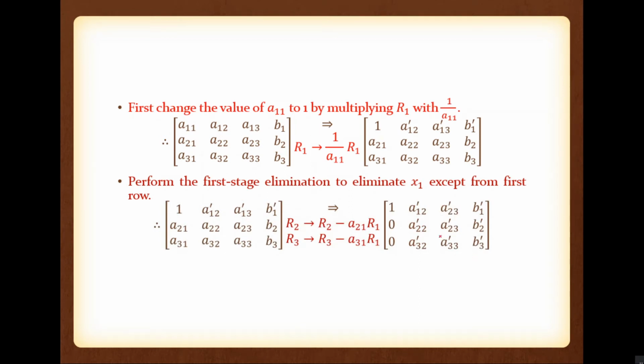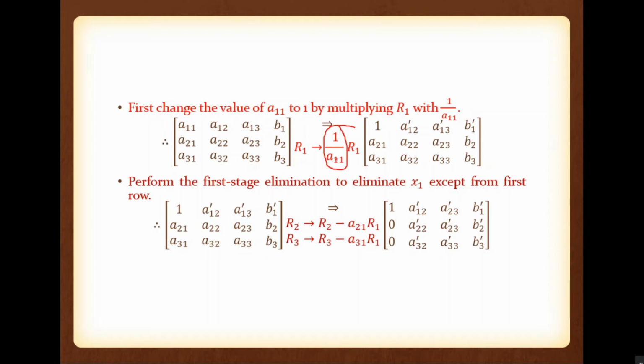Okay. This one is a modified augmented matrix. So the augmented matrix, please note this. Note down the row operation and the modified augmented matrix. So this is the first elimination. But please note the most important thing that you have to take care of is this particular one. This is 1 by A11.